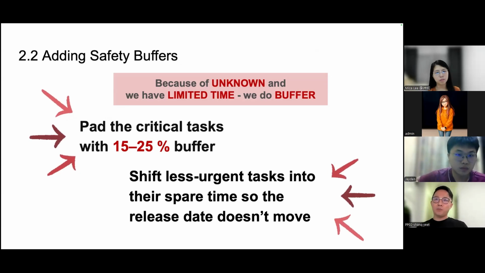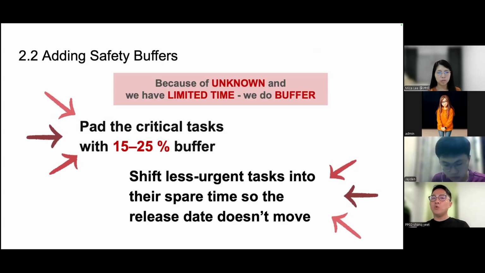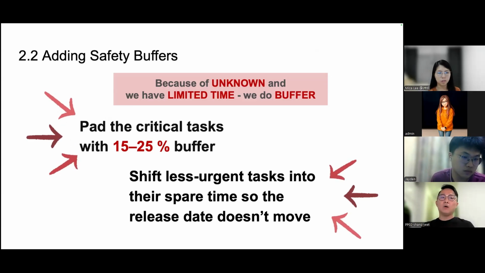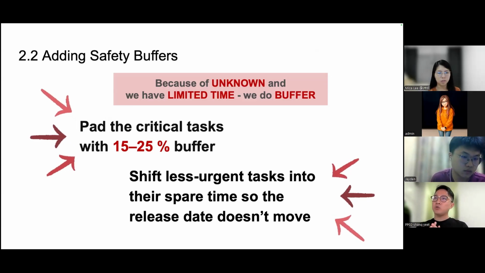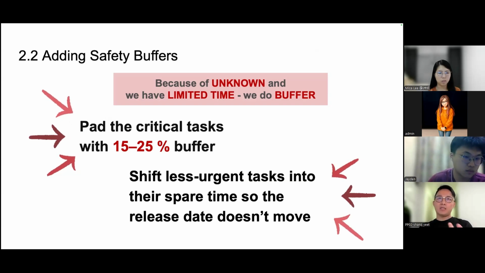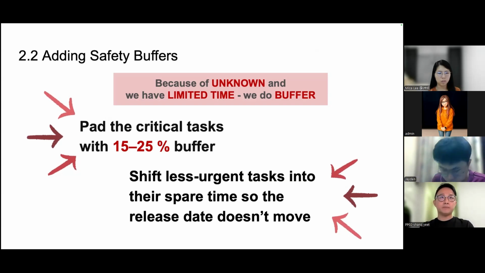So here, I just want to point out, you probably don't need to set a buffer for everything, but at least the most critical tasks, you must set some time to ensure. The critical tasks here we are referring to are things where you don't know the requirements very clearly, the features are a bit fuzzy, or the features that require external parties' involvement, where you cannot control how other parties work. You cannot determine how soon they can do their part for you,